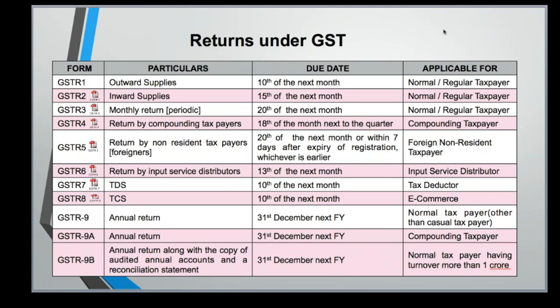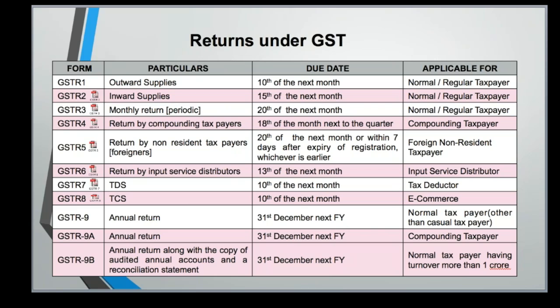However, the GSTR 3 formats are also available. We have attached these formats in the return. You can download these formats and have a glance at them. But GSTR 3 has to be filed on time for July and August also, which is 20th of August for the month of July and 20th of September for the month of August. Instead of GSTR 3, they have stated it will be GSTR 3B.